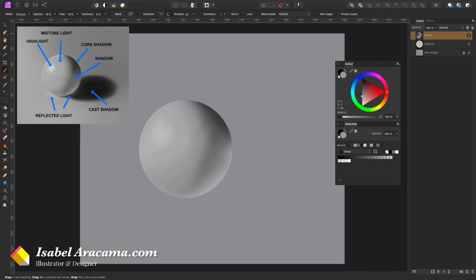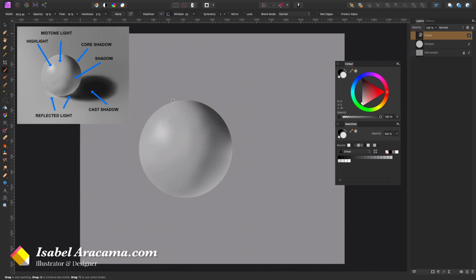I'm gonna make it smaller, and again help my eye, giving it some touches there. That's the highlight, somewhere like there. Okay, good.